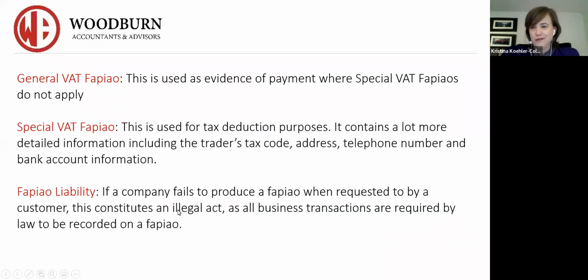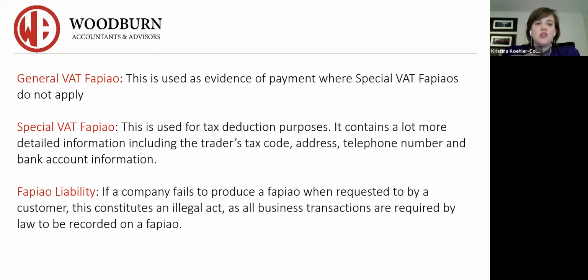There are a variety of different Fapiaos. Again, we're going very much to the basics so that people can understand really the idea of what the VAT system is and what the Fapiao system is. So in China, you've got two types of VAT Fapiaos, the general VAT Fapiao and the special VAT Fapiao. If you are a small scale taxpayer, you will have the ability to issue both of these types of Fapiaos. The first one, though, that will come into play will be the general VAT Fapiao. And if you have customers who request, which most of the time they will because they'll be general taxpayers, you can issue the special VAT Fapiao.